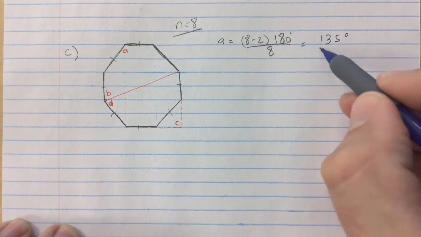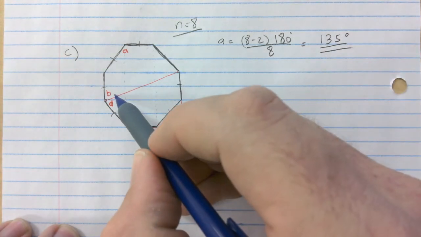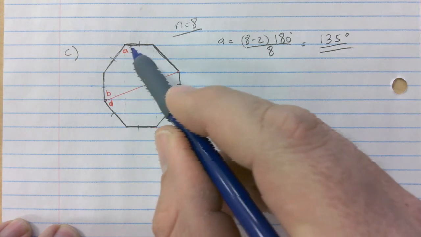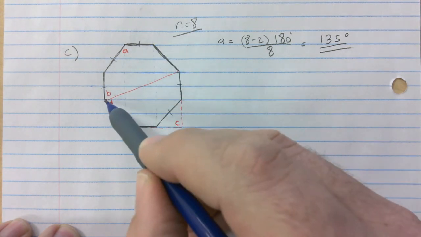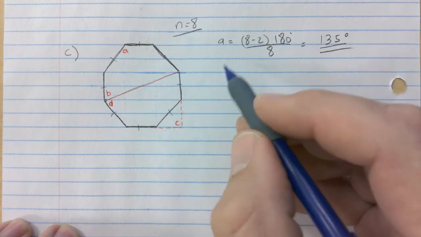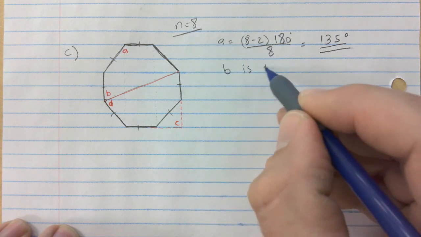It's 135 degrees. You're done with A. B is a little trickier, right? So we count 1, 2, 3, 4, and the diagonal 5. So that is a pentagon. Okay. B is the base